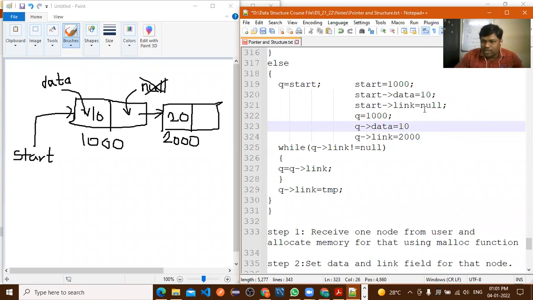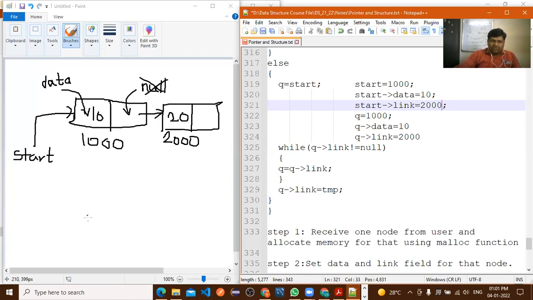No. Here again will change. Start of null काय झालं इथं? Let me check this. Start of null. So forget about this one. Here you can. Queue of link is equal to 2000. Means, so here start of link is also instead of null काय येणार इथं? Null असेल का इथं? No, काय sir. असेल झालेलं आहे? 2000. Right? Now we'll move to the next part. Now here in this way we have inserted the element. In this way we have connected this element to the end of the list.